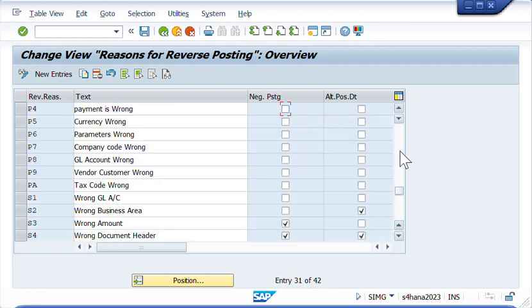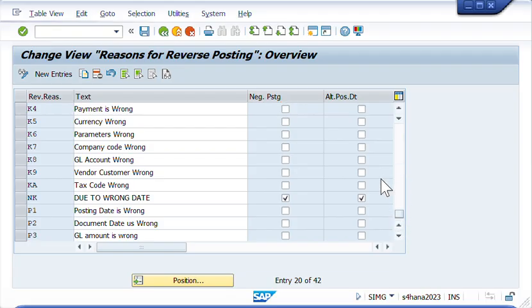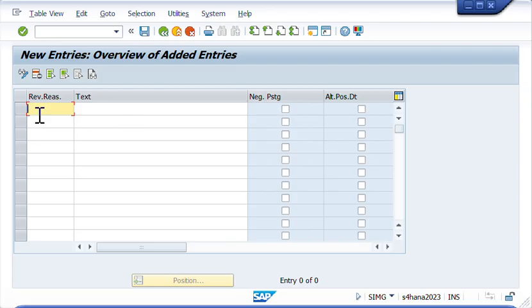Let's check what's available. So let's create Z1, click new entries, and then our reversal reason number is Z1, and our text is wrong amount with specified date. So if we click this one, it's alternative posting date. So that's why we specified date. Okay, so click save